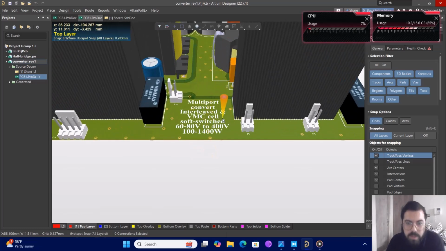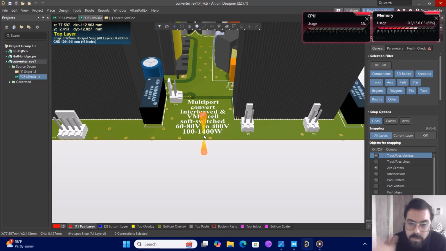As you can see, it's a multi-port converter, an inverter, and the VMC cell I used in this converter is soft switched. The input voltage is 60 to 80 volts for the test, but this converter can work with 48 volts because I recorded a video about that, and can convert this input voltage to 400 volts. The power of this converter is designed for 1400 watts, but in the simulation I used that and I